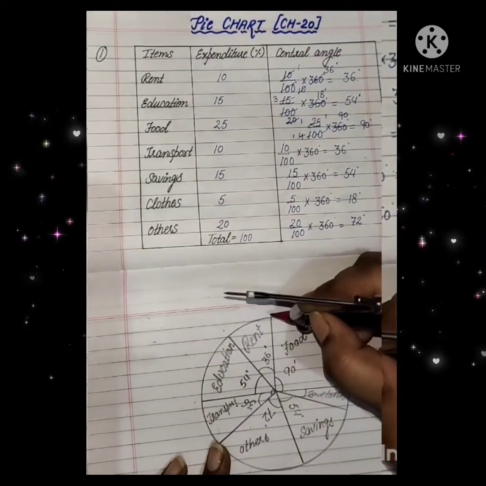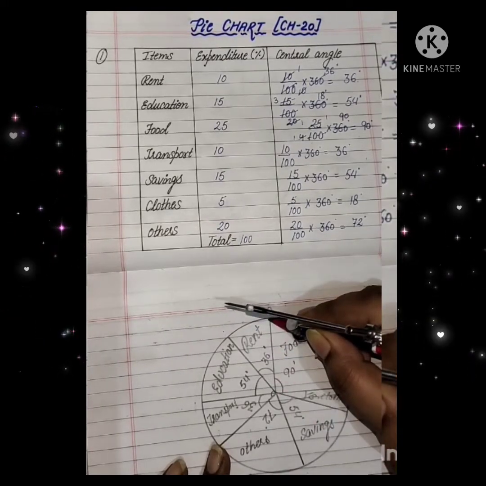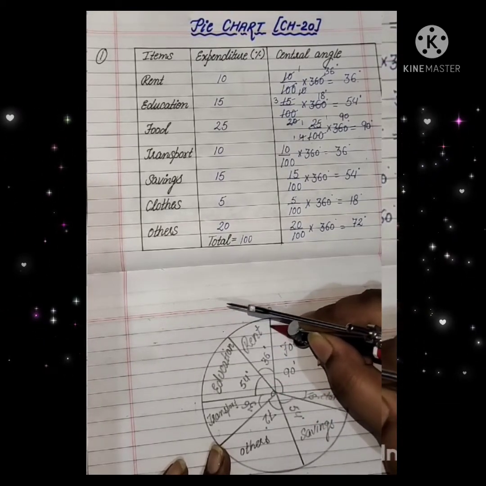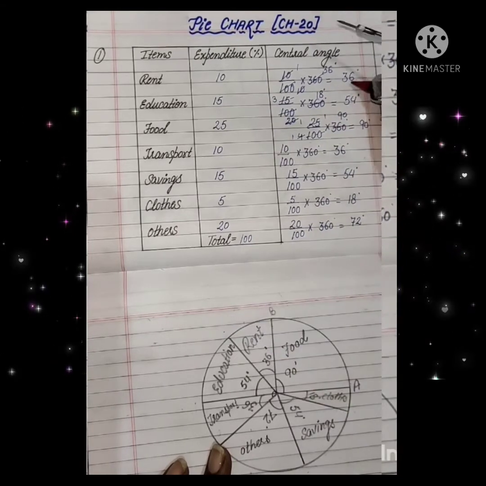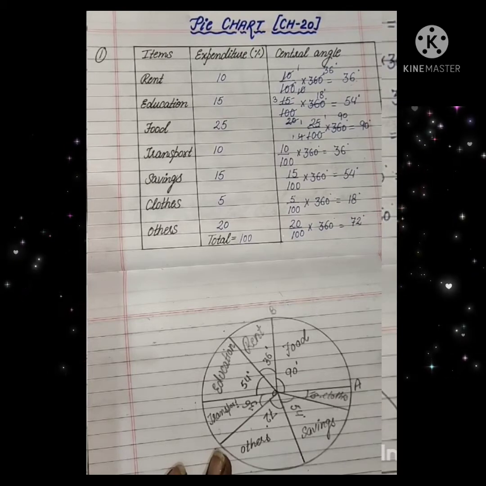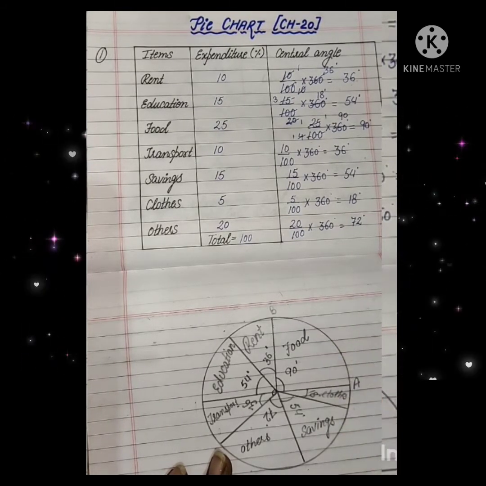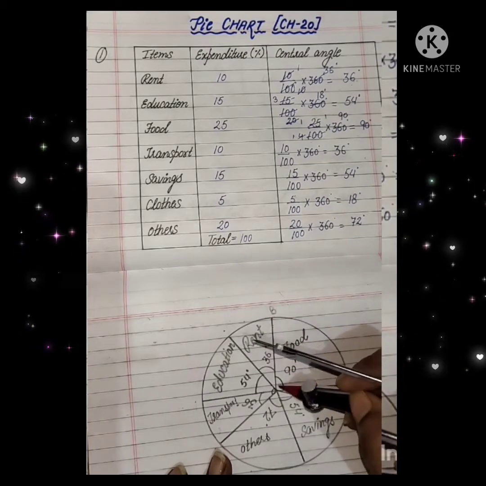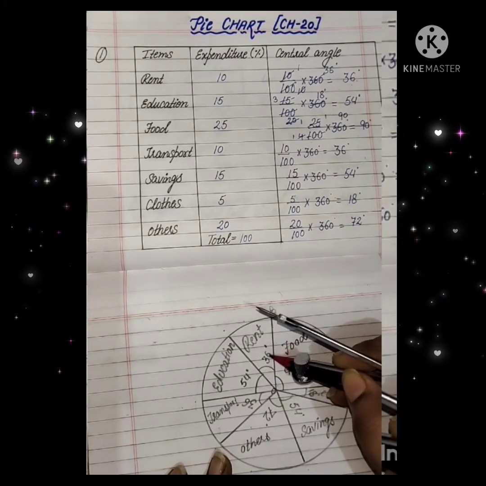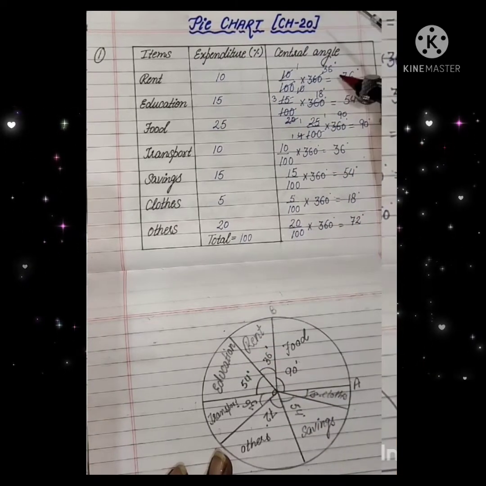Now next consider the next radius as OB and taking OB as the radius we will draw the next angle, 36 degrees. Students, you can represent these central angles in any manner. I have represented 90 degrees first because this is very simple to draw. Next, taking OB as a radius, draw an angle of 36 degrees and this sector will represent the expenditure for rent.